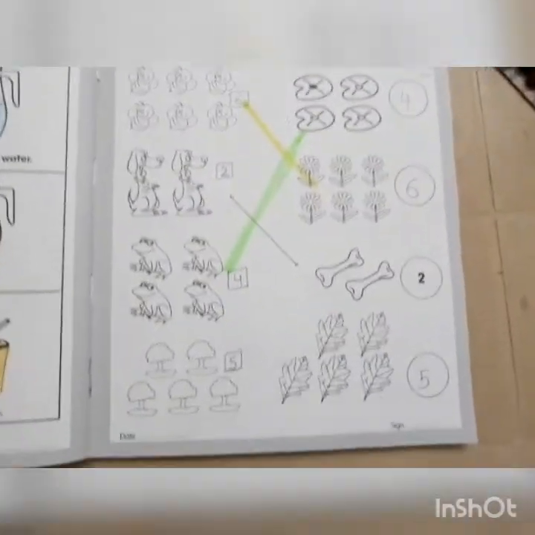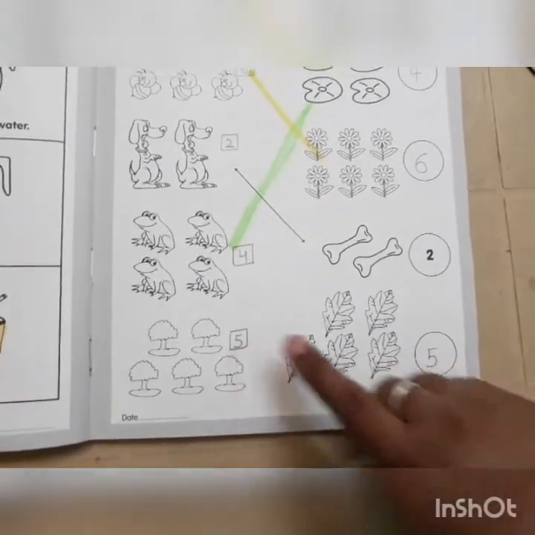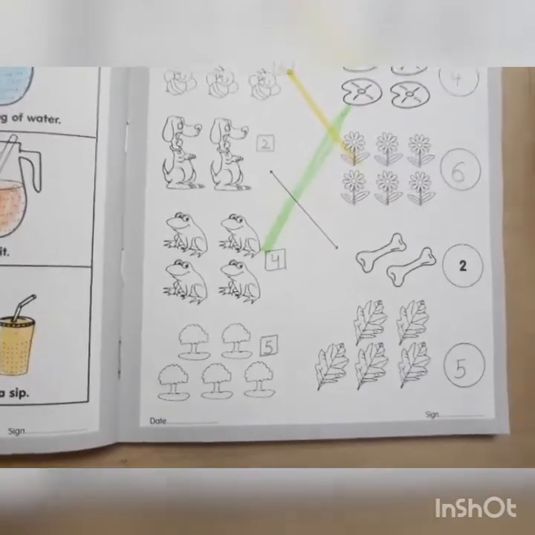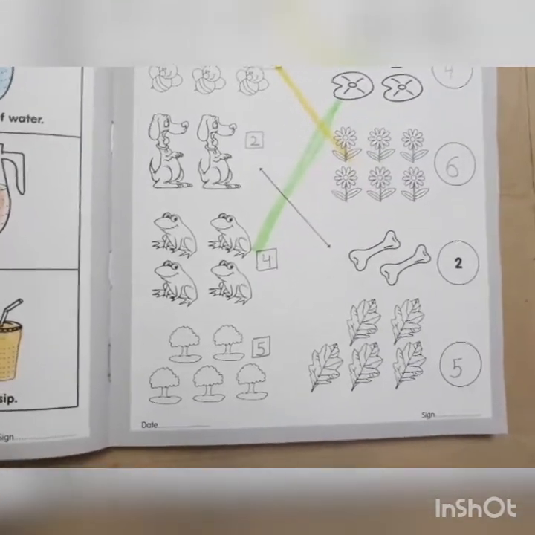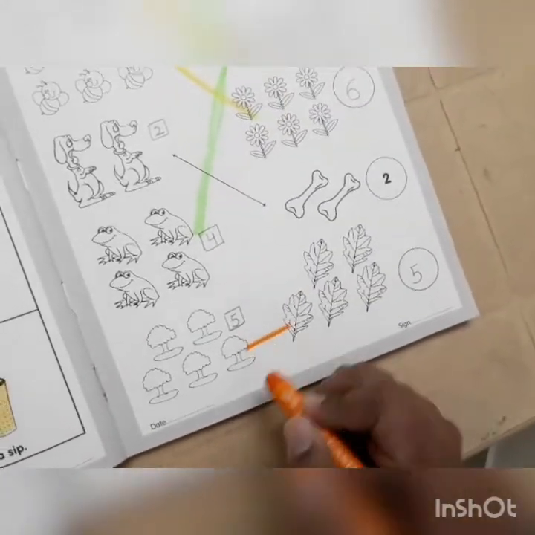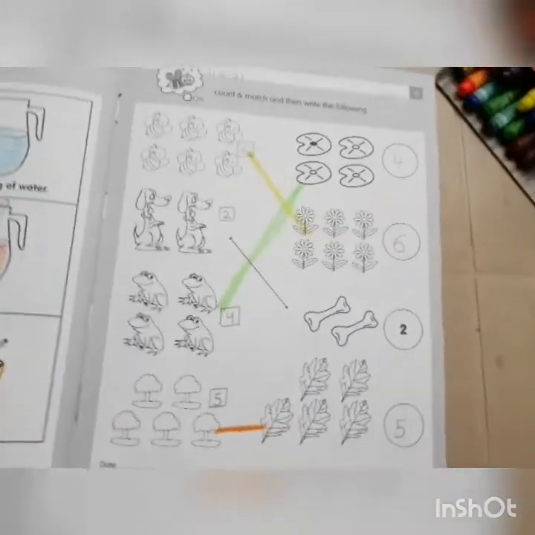Understood? And last we have 5 trees, 5 leaves. So we are going to match them together using a different color. You can take any of your choice. Okay, let's take orange and we will match like this. Now, this is the matching work.